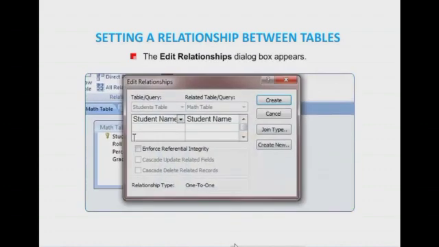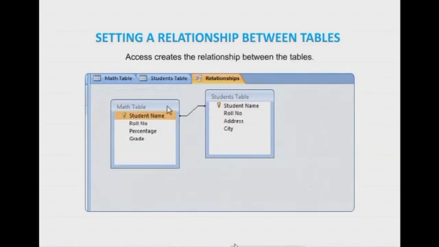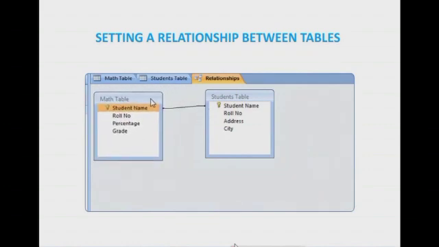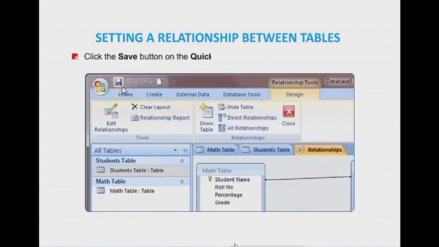Click on the Create button. Access creates the relationship between the tables. A line linking the two tables will appear, indicating that both have been linked. Click on the Save button on the Quick Access toolbar to save the relationship.